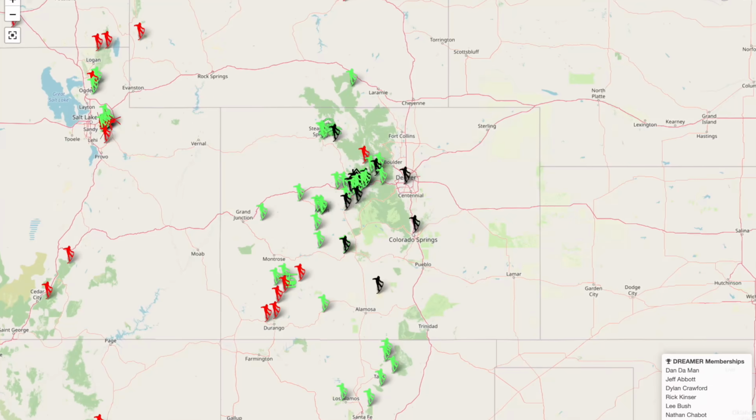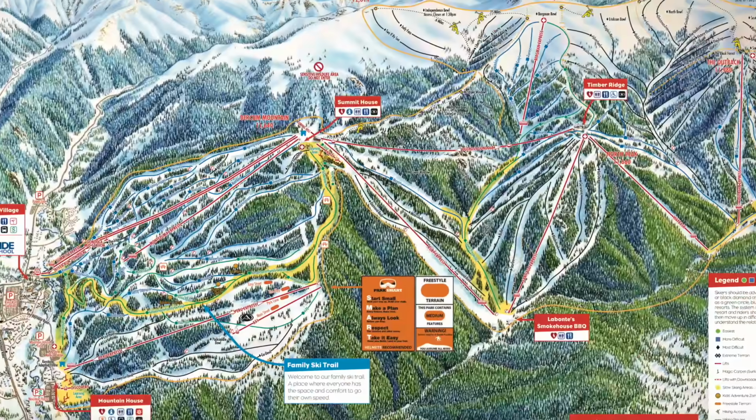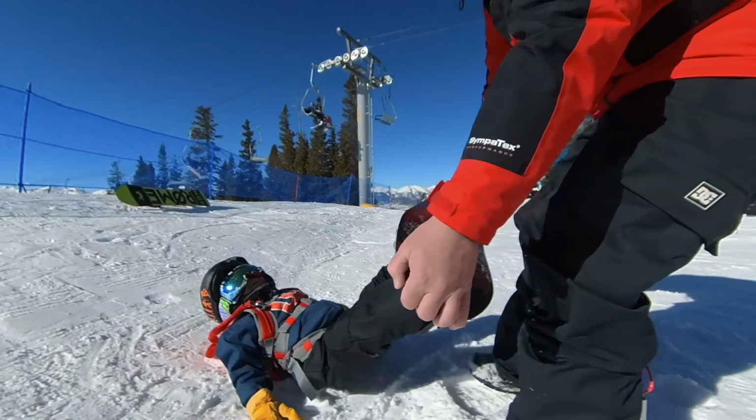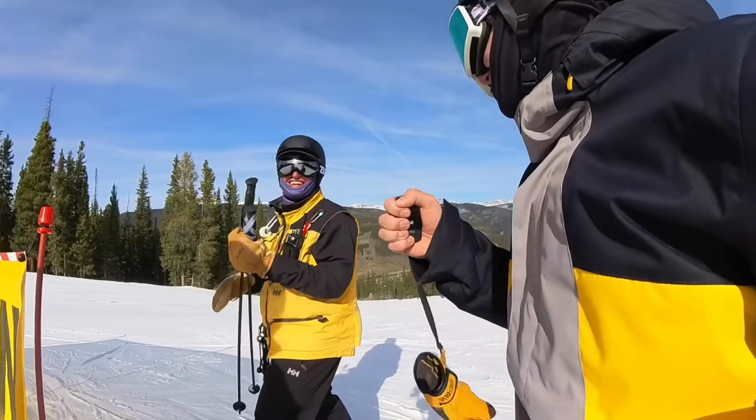Keystone Ski Resort is one of Colorado's premier Vail-owned ski resorts, one of the top they own, and personally my favorite ski resort. But I'm here to tell you guys, if you're a beginner snowboarder, to avoid this mountain at all cost. Not because I want to dunk on Keystone or get revenge for the Keystone incident